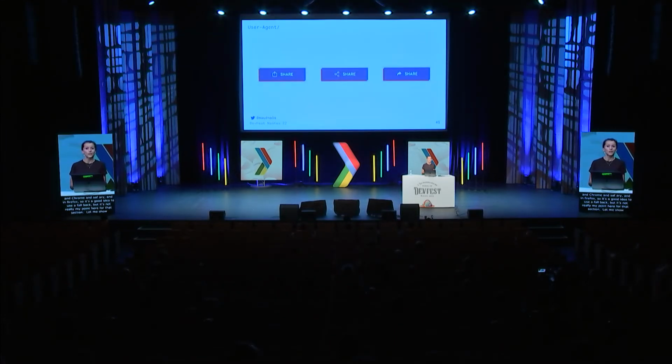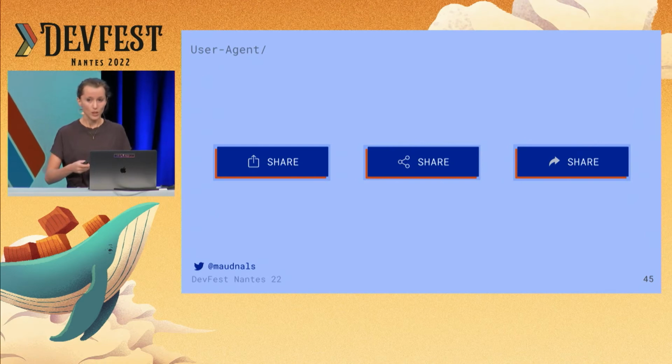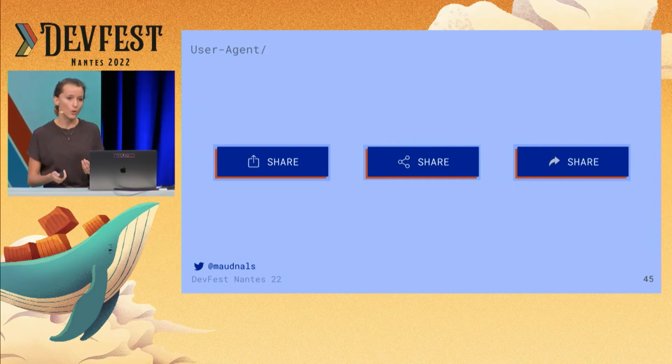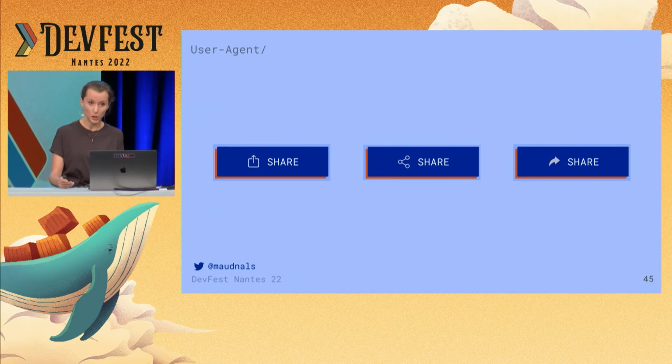Because what the API does is it enables users, as I said, to share content in a way that looks native. So it would be a nice user experience touch to also use the platform-specific icon for that share button, right? So here the left one is iOS, the middle one is going to be Android, and the right one is if I'm on a Windows laptop. So how do I achieve that? Well, I'm going to want to assess what platform the user is on, and then once I have that, I'm going to want to set my icon dynamically as we have over there.